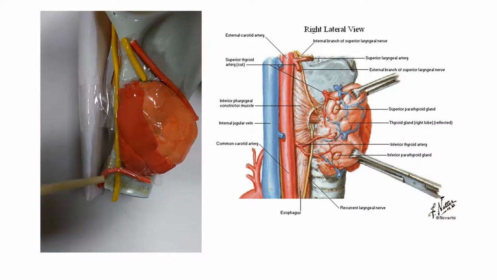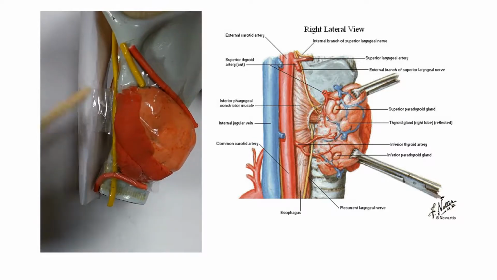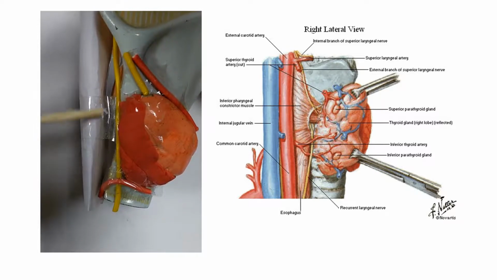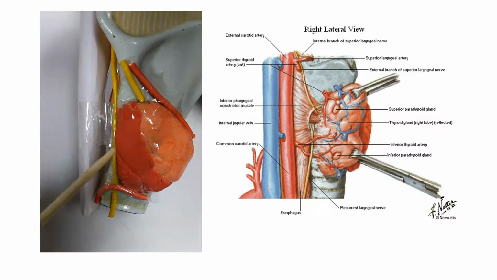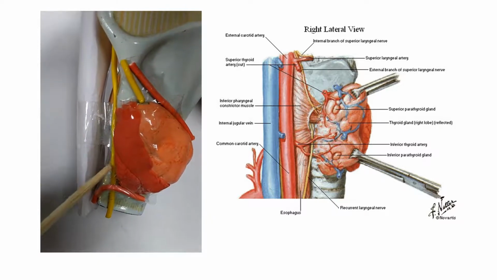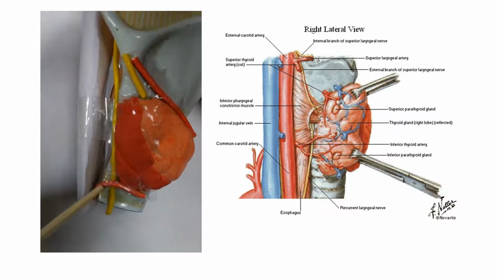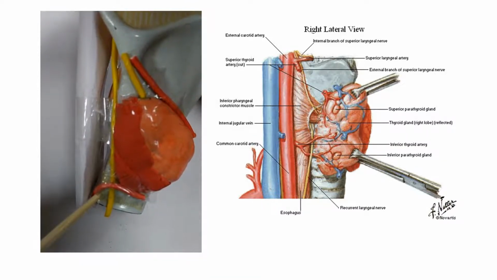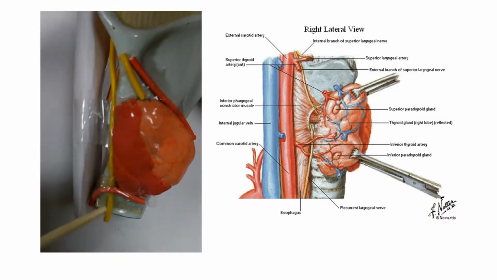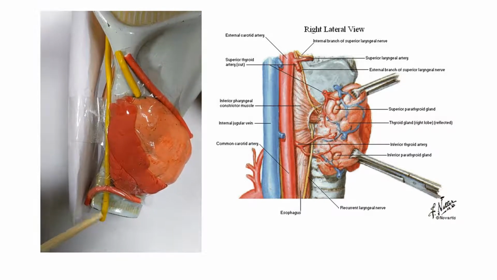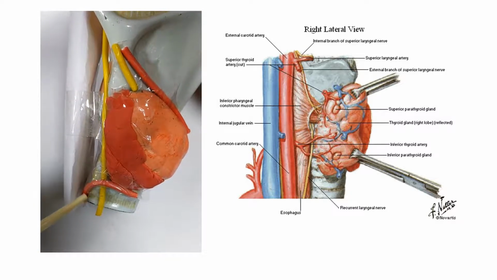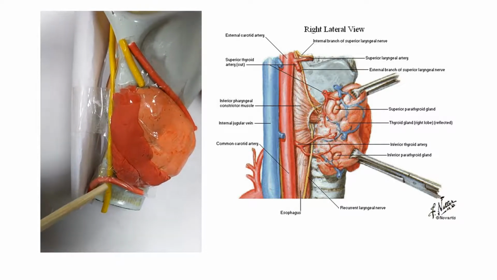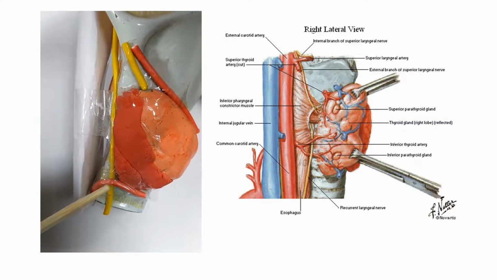At the lower pole there are again two structures related. This nerve lies between this esophagus and this trachea. The nerve lies in the tracheoesophageal groove. This nerve is the recurrent laryngeal nerve, and the artery at the lower pole is the inferior thyroid artery coming from the thyrocervical trunk of the subclavian artery. You can appreciate these two structures are running away from each other, and as they reach the lower pole of the thyroid gland, they come close to each other.